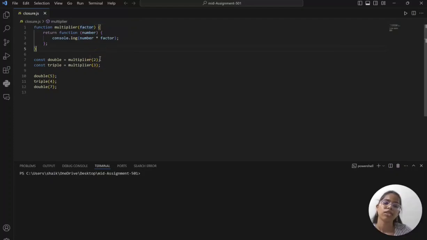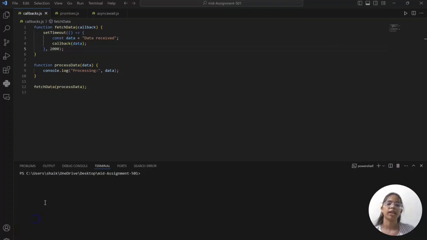In JavaScript, functions are lexically scoped, meaning that a function can access variables that are declared in the same scope or in an outer scope. And finally, this code demonstrates how closure works in JavaScript. By using closures, we are able to create functions that remember and retain access to a value from the scope where they were defined. The concept of closures allows us to have a flexible and powerful way to create functions with a persistent state. Now I'm going to explain callbacks.